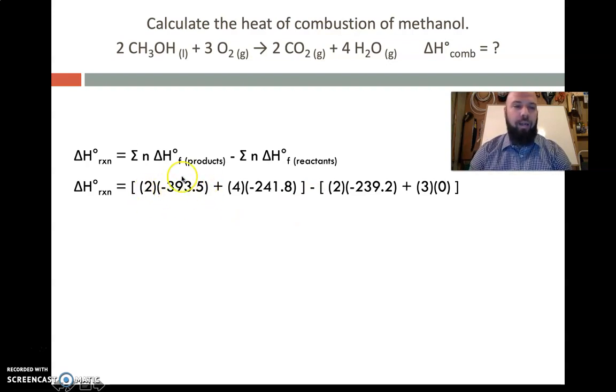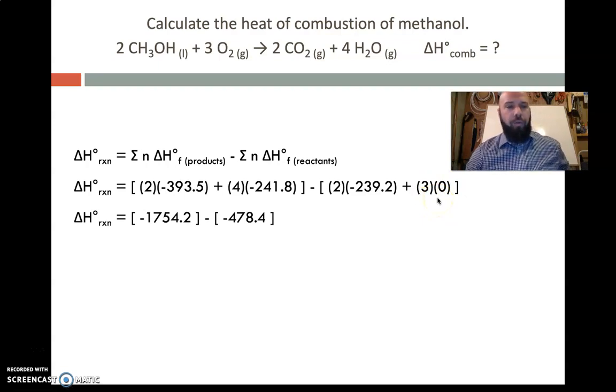Negative 393.5 is the standard enthalpy of formation of carbon dioxide. It's multiplied by 2 because there's the molar value of 2 in the equation. Negative 241.8 is water vapor multiplied by 4. Together you would total these up for the products and do the same for the reactants. Diatomic oxygen is in its standard state and thus it's 0 at SATP. Those are our subtotals for the products and the reactants, meaning the delta H of this reaction is negative